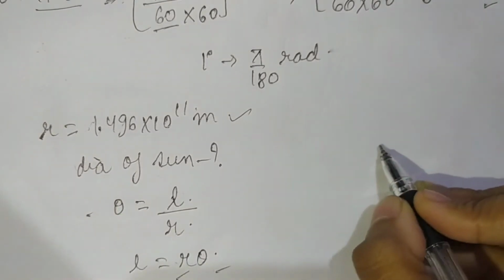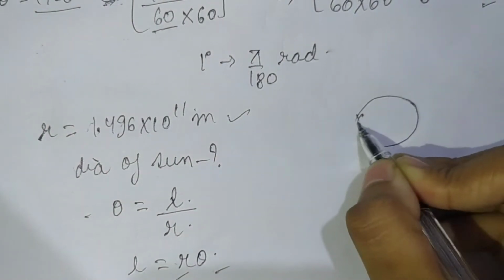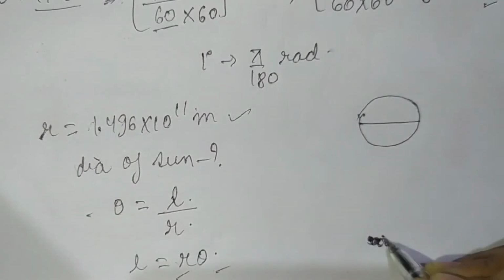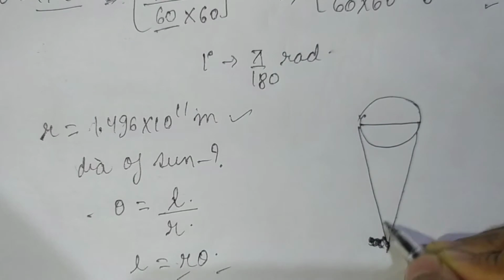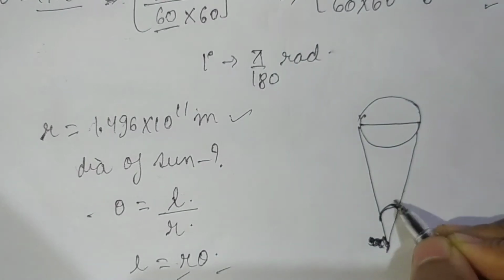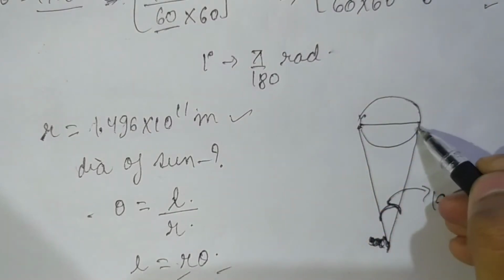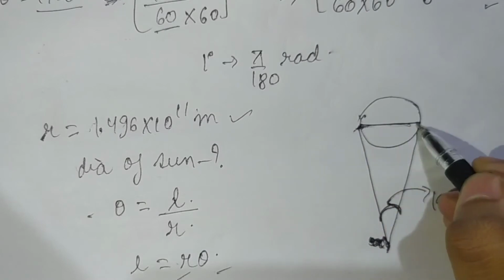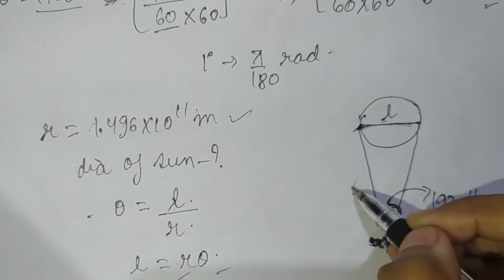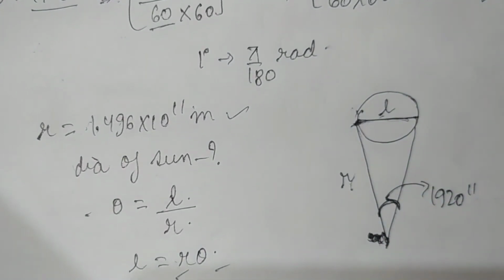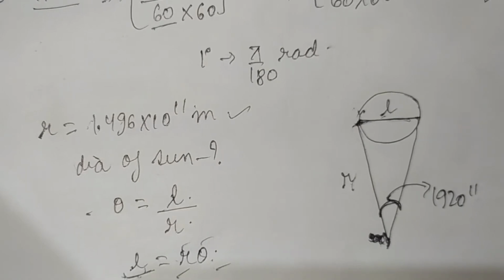And one more thing: let us consider this is the sun and this is the diameter of the sun, and from Earth we are observing this point. This is the angular diameter that we are given. What is the value? 920 seconds. Arc upon length: this is the arc, L, the diameter of the sun, and the length is this much, this is r. From here you can understand. Simply put the values of L, r and theta, and you will get L, the diameter of the sun. Easy, you can put the values and find the result.